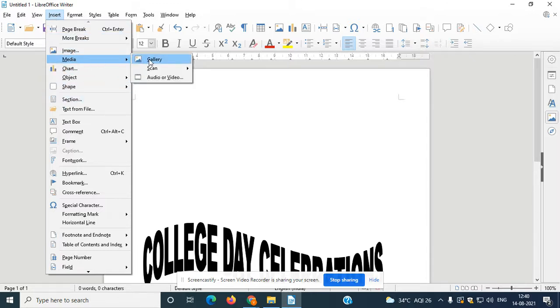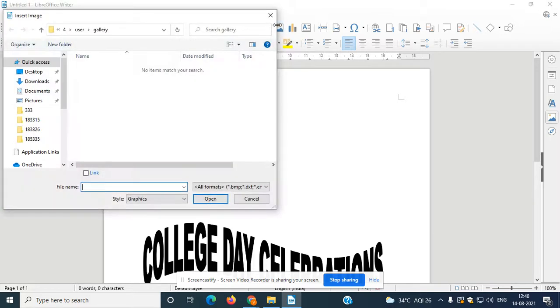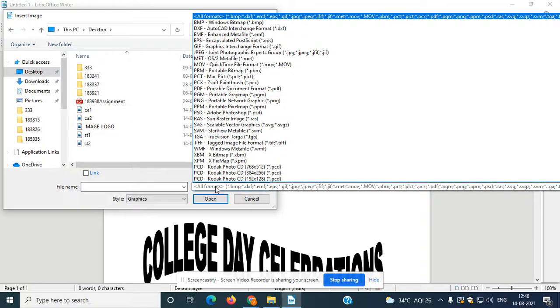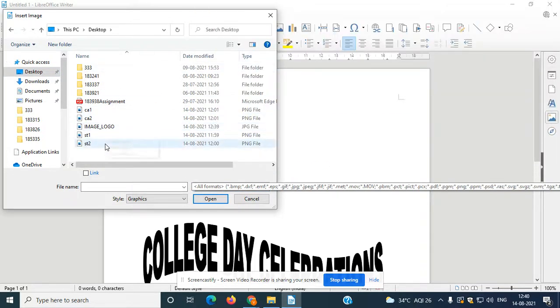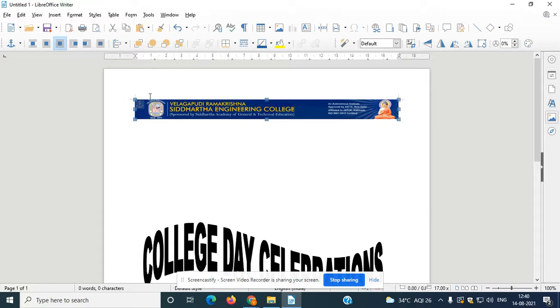Under media you can take gallery, or else you can take directly here the gallery insert image option. There you can select our location of the file. You need to go with all formats, image logo. That is the name I have given, so I am opening that.